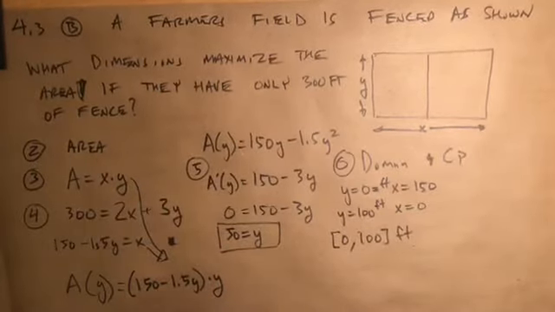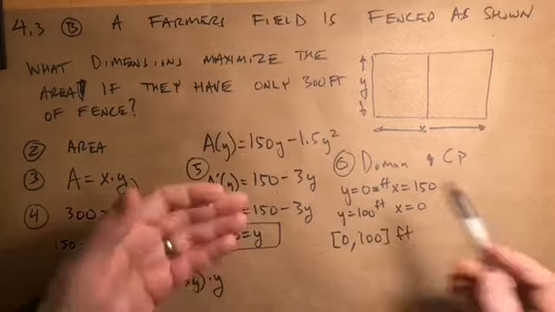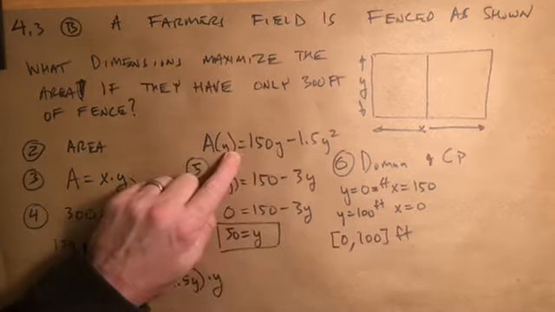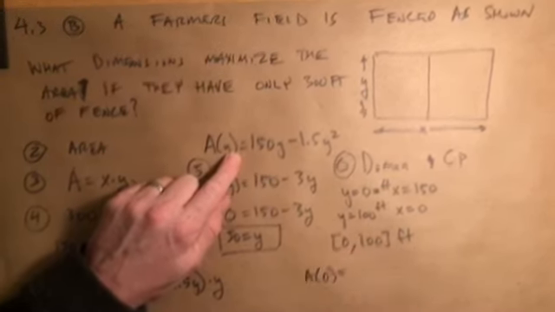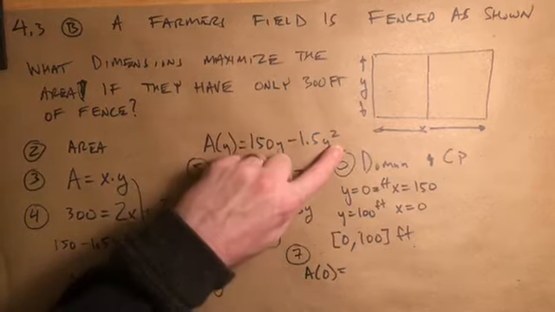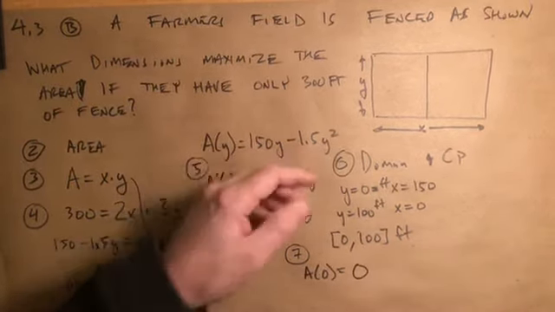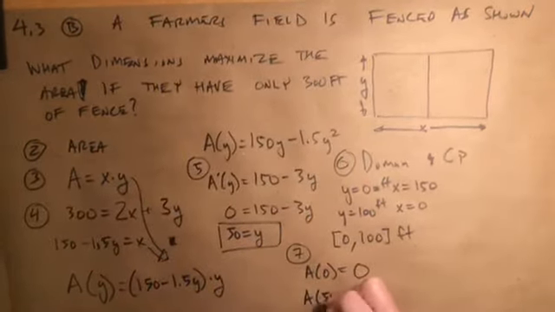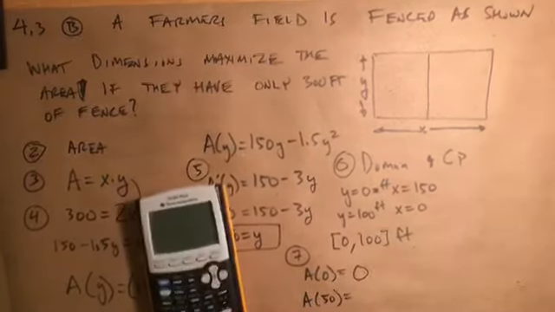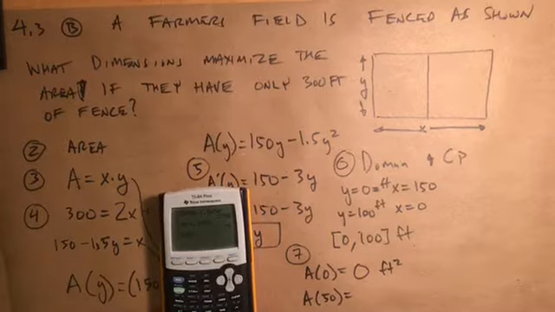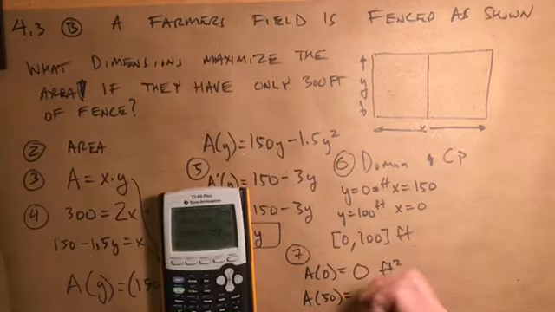Awesome. Now that we have the domain, what are we going to do with it? We're going to plug these things back into the original relationship that we constructed in terms of y. So A of 0 gives us what? Well, we can see 150 times 0 minus 1, oh, that's going to be 0, which is exactly what we said would go down. When the height is 0, there's no area. A of 50, we can plug that in, and I should probably say that that's square feet, but using my TI-80, awesome, 150 times 50 minus 1.5 times 50 squared,